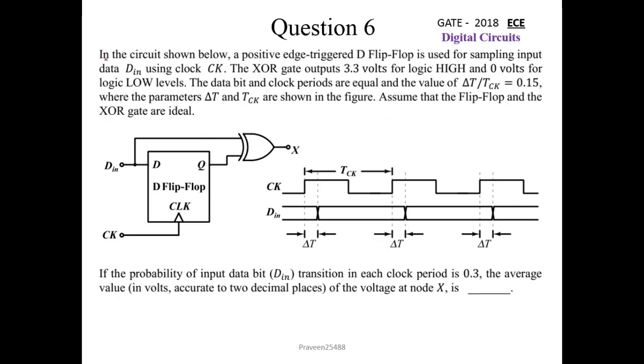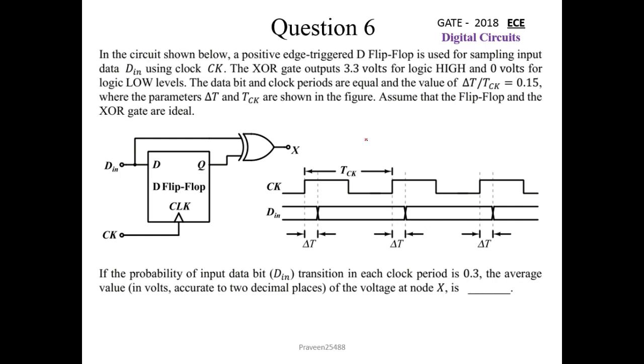Now here is the next question. In the circuit shown below, a positive edge triggered D flip-flop is used for sampling input data Din using clock CK. The XOR gate outputs 3.3 volts for logic high and 0 volts for logic low levels. The data bit and clock periods are equal, and the value of del T upon T clock is equal to 0.15, where the parameters del T and T clock are shown in the figure. Assume that the flip-flop and the XOR gate are ideal. If the probability of input data bit transition in each clock period is 0.3, the average value of the voltage at node X is